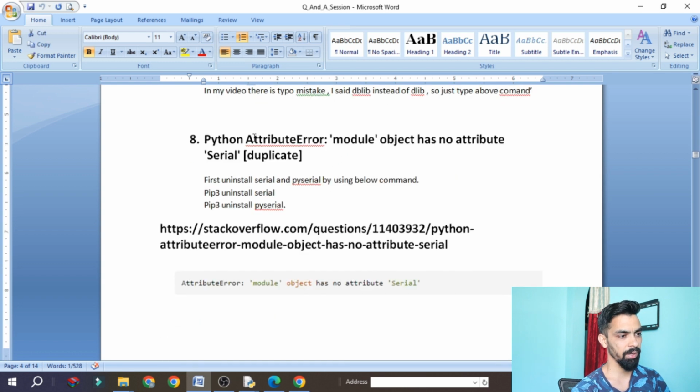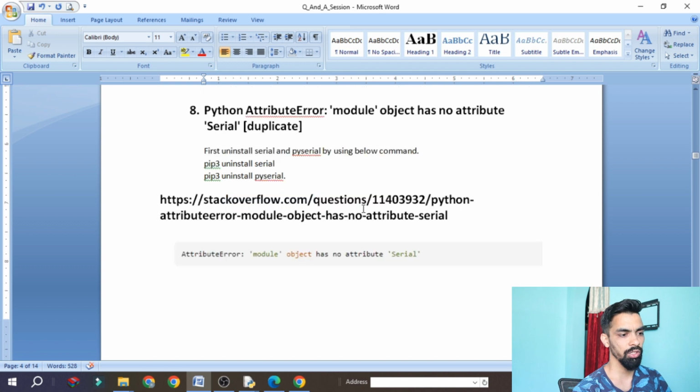Then next there is the Python attribute serial not found error. This is a very common error everyone is facing. I don't know why, but the solution is that first you uninstall serial from your laptop, using this command: pip3 uninstall pyserial, with a small p. First pip uninstall serial, pip uninstall pyserial.